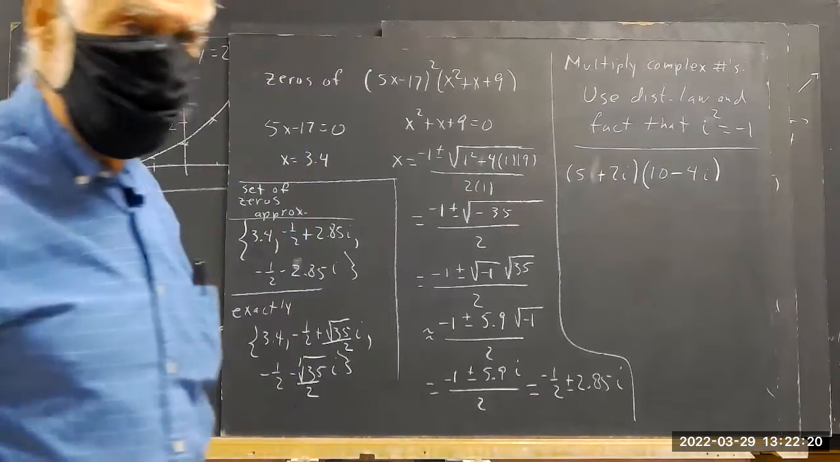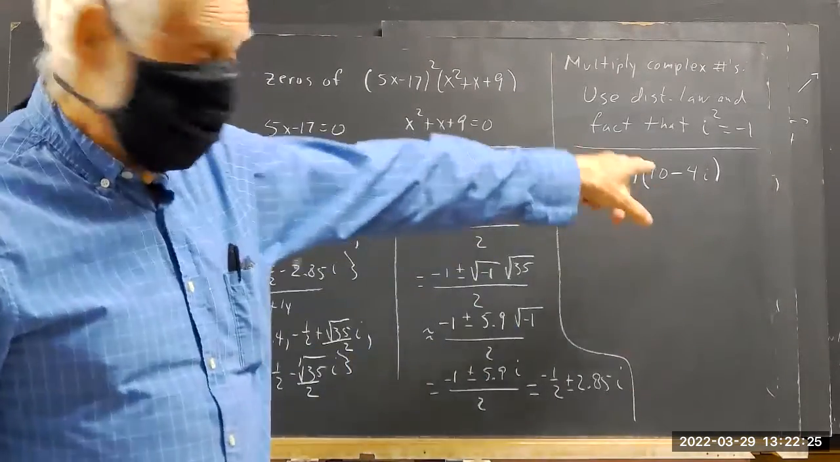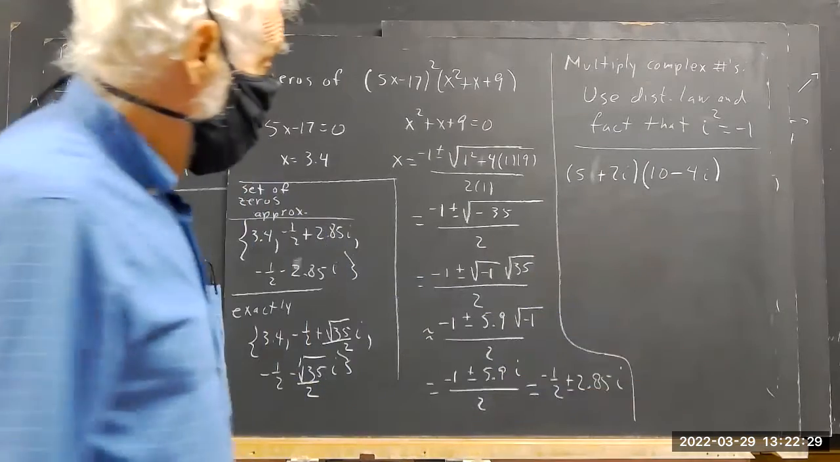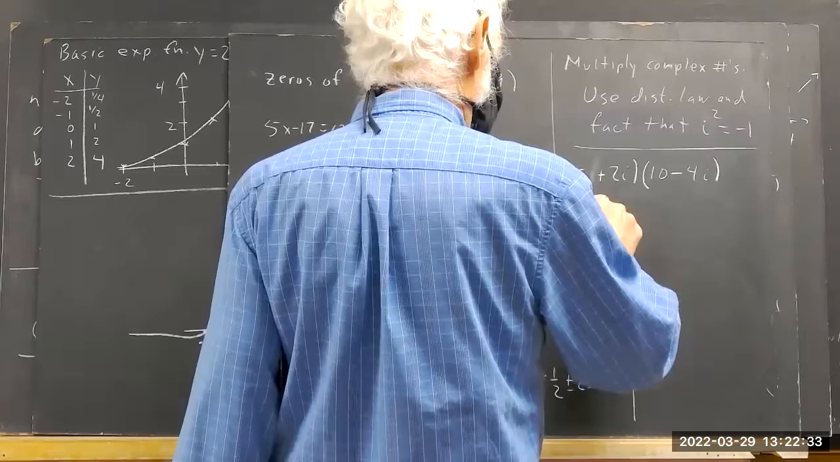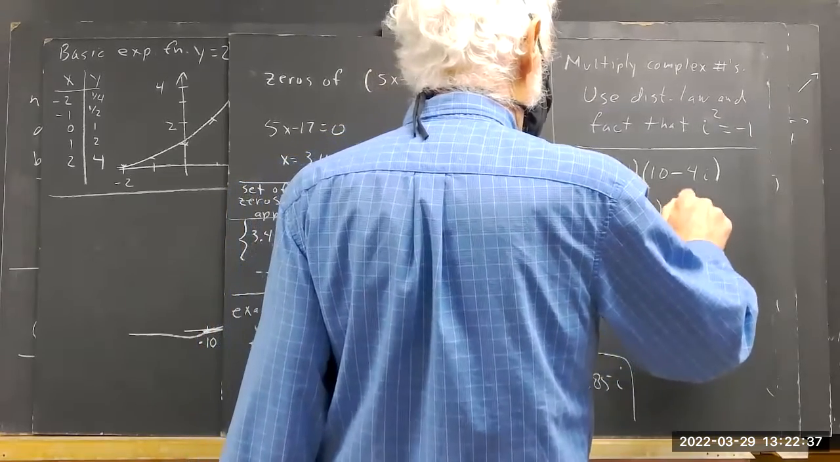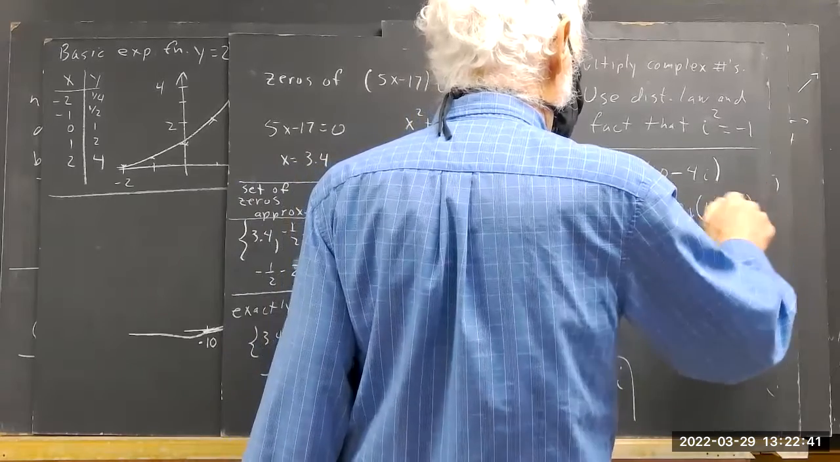Doesn't matter what the numbers are, it's easy to multiply these. If you remember the distributive law, and remember that i squared is -1, neither of which is very difficult. So by the distributive law, that's 5 times (10 minus 4i) plus 2i times (10 minus 4i),